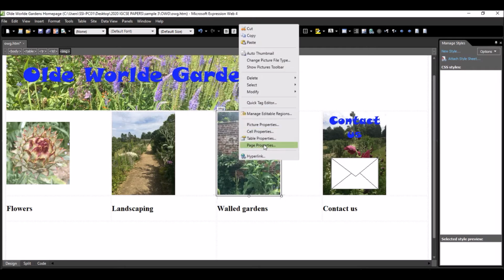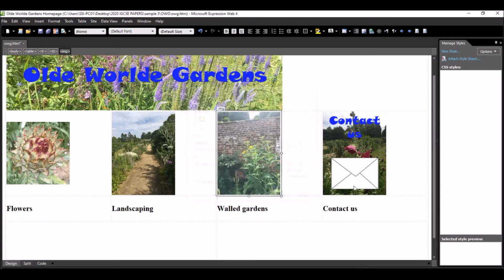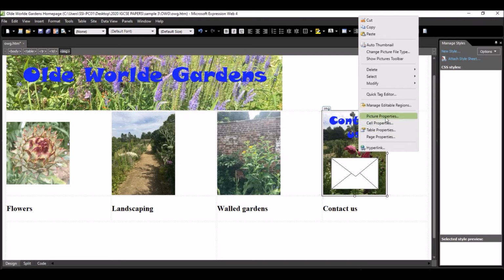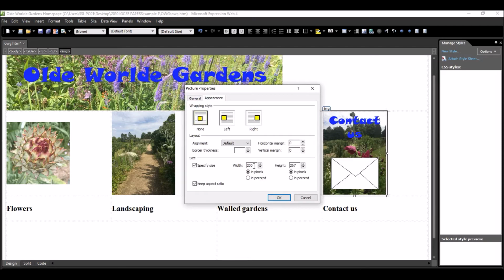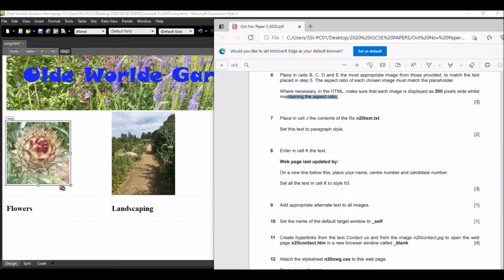Then I think this one is already 200, but let's cross check. It's already 200. And what about this as well? So this is already 200. Okay, and you press OK. So we just need to do modification to this. Now the next question